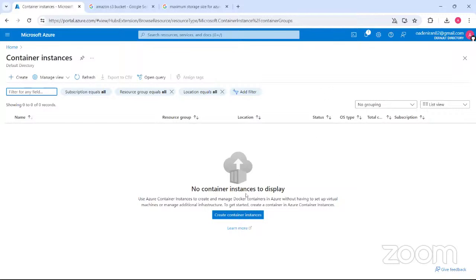So container instances are ways where you can create containers, but Azure gives you the opportunity to use more than Docker containers. So there are also Azure containers that you can get from Azure Container Registry and the likes. But basically, a container instance is a container that is created from a previously saved container image. So if I want to create a container instance, I will not create this because